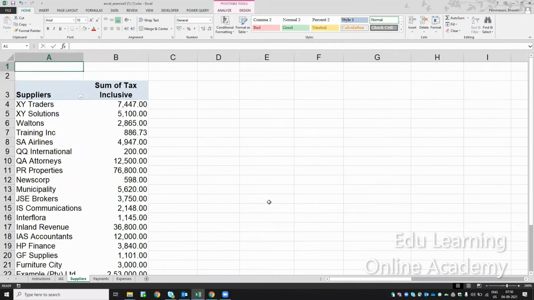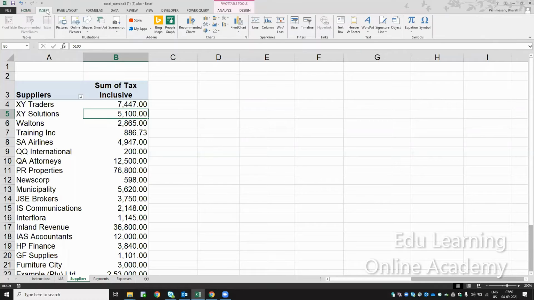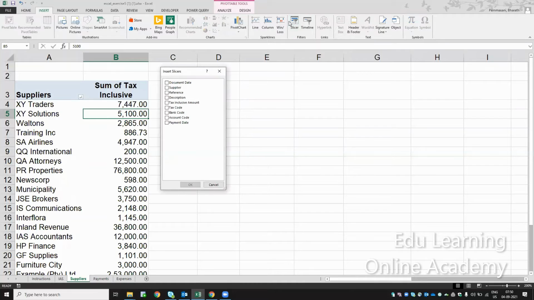So now I'm in the supplier sheet. I wanted to try a slicer for this one. Slicer is a concept in Power BI also, the most important concept for filtering the data. I'm just going to insert. In Insert, we'll have the slicer here. I just have to click on slicer. They're asking to create a slicer for